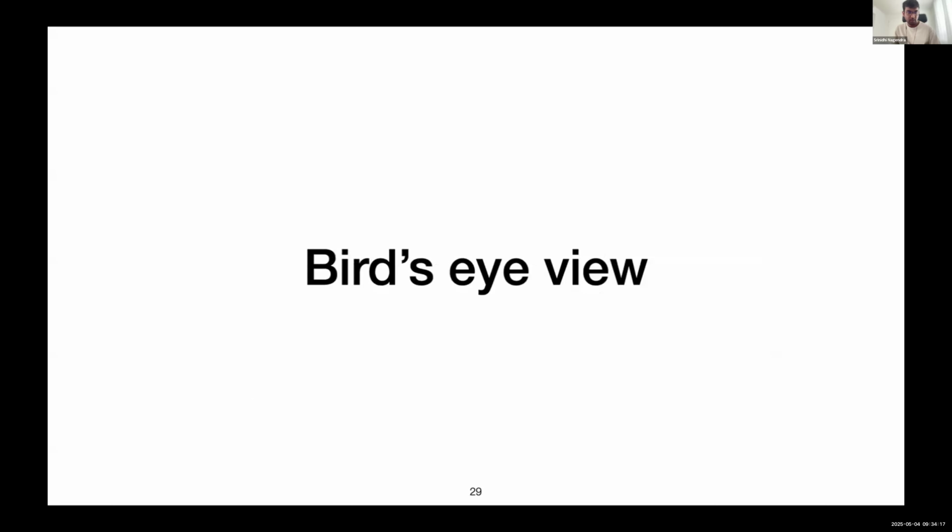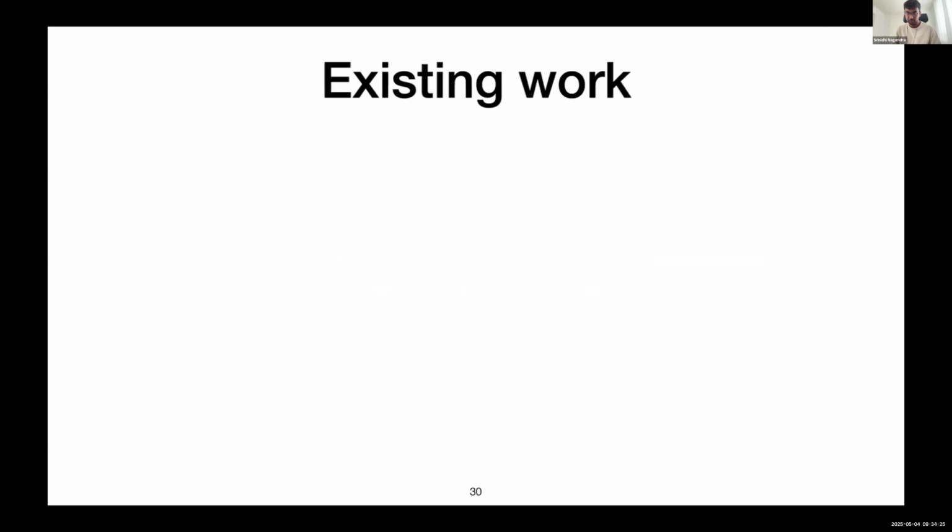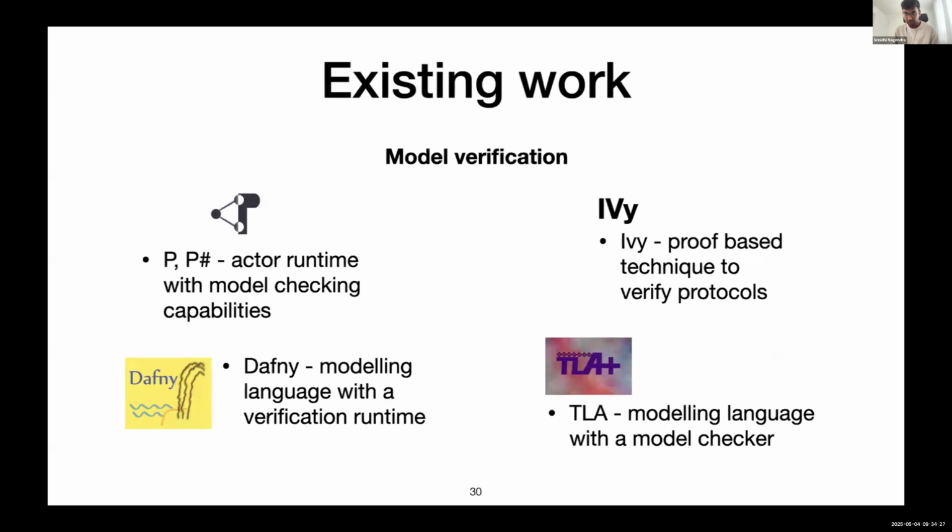Okay, that completes our contribution, but where does this fit in compared to other work that people have done with distributed systems? There's been a lot of work on modeling, as you might be very well aware. This is the TLA Plus community. People write models using P, Ivy, or Dafny, or with TLA Plus models. There's a lot of effort that goes into writing these models.